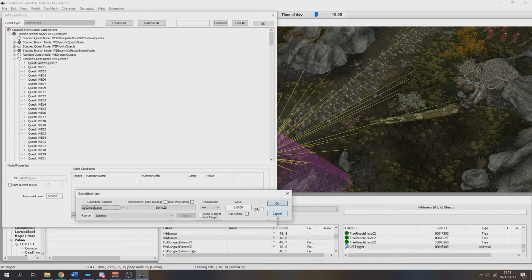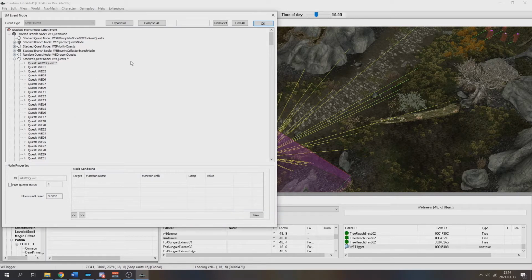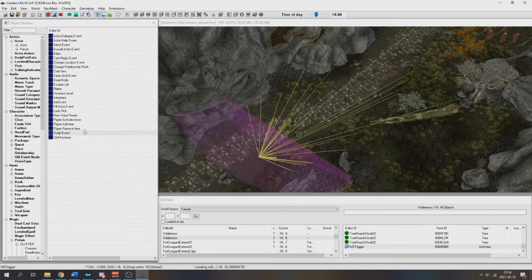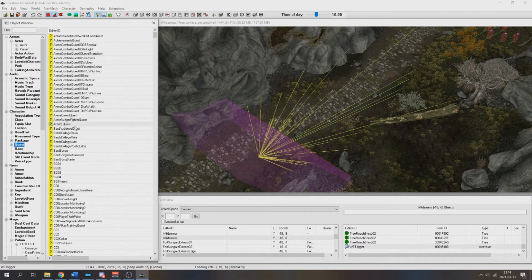But we don't want to do that right now. If that is something we want to do, we can do it at the very end once we're certain. Once we've done all our testing, because it's a bit annoying if we have to wait for night every time we want to test it. Then we go back to the quest,